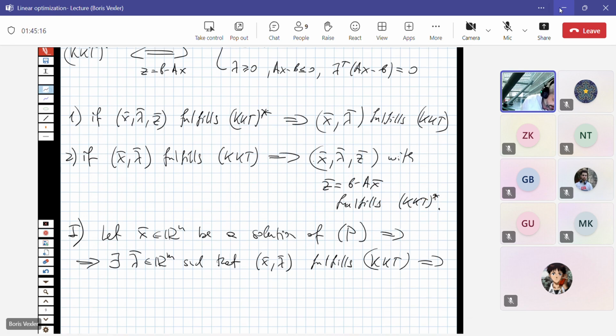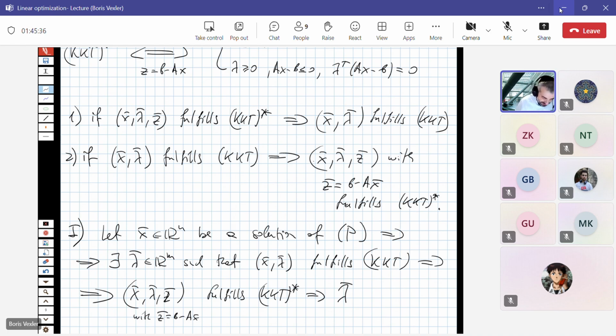We know that the triple x bar, lambda bar, z bar with z bar equal to b minus Ax bar fulfills KKT star. And what does it mean? It means that lambda bar is